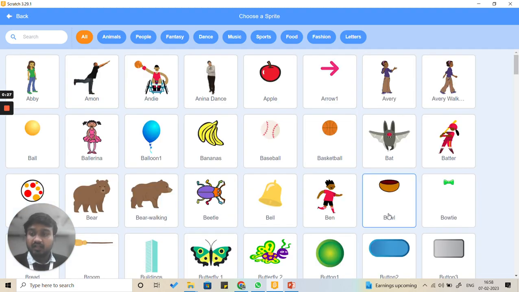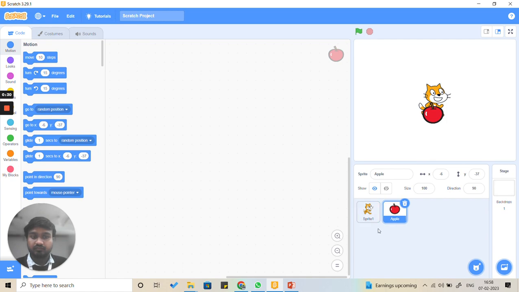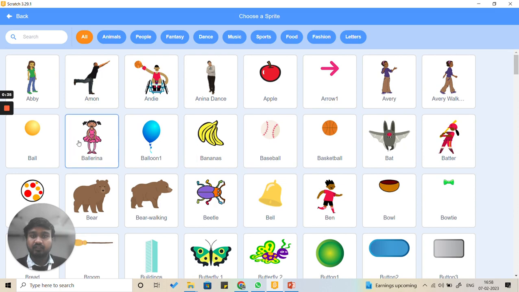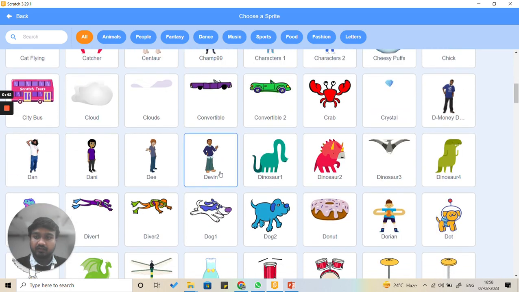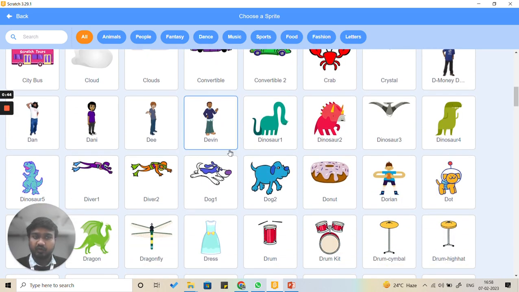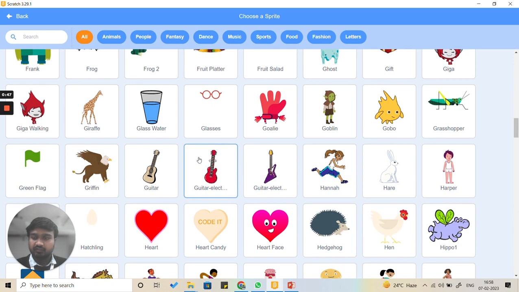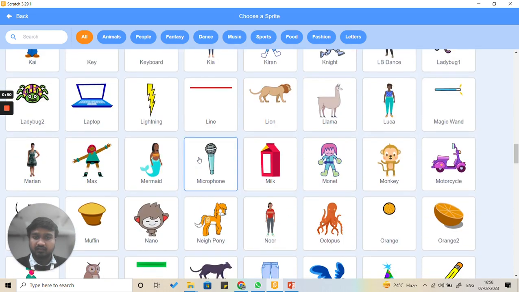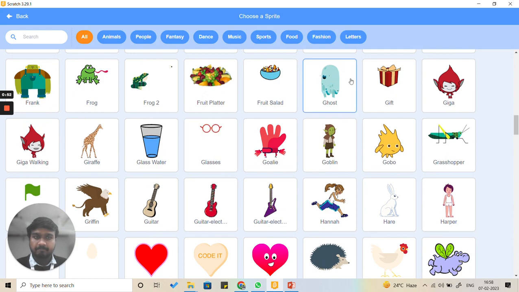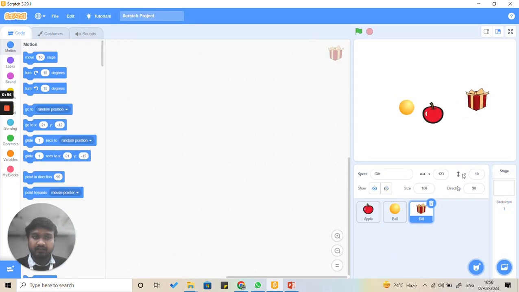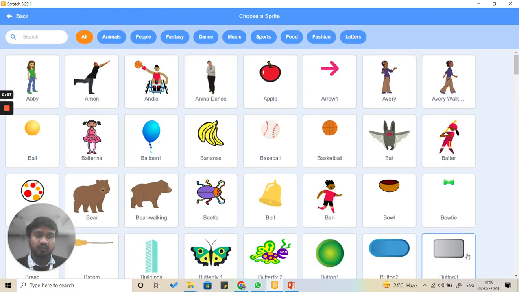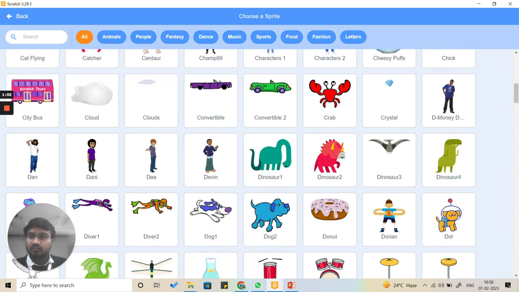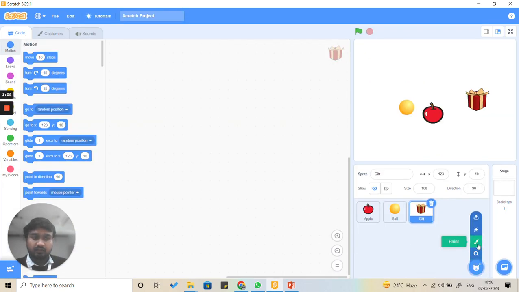and let us insert an apple, remove this cat sprite, and other we can select a ball. Other we can select a gift, a kind of gift or a present. So let's search for that. Yes, a gift. And one more we can make. For this we are going to make a sprite